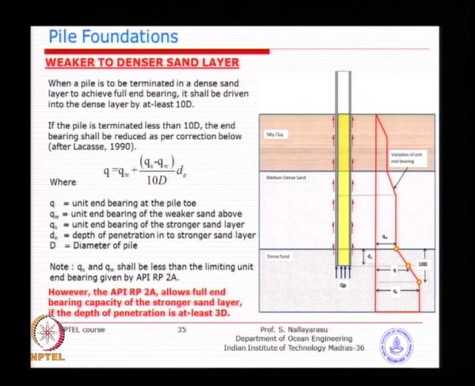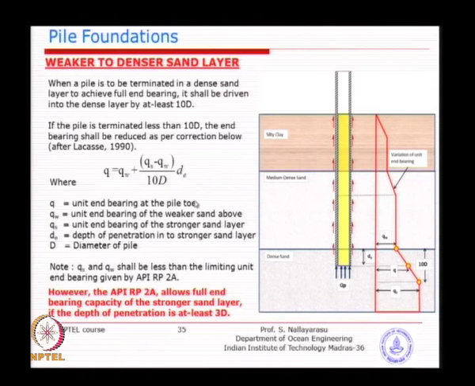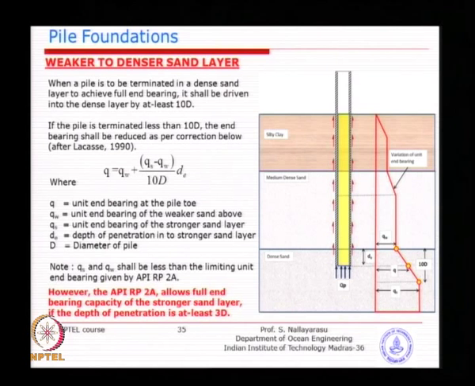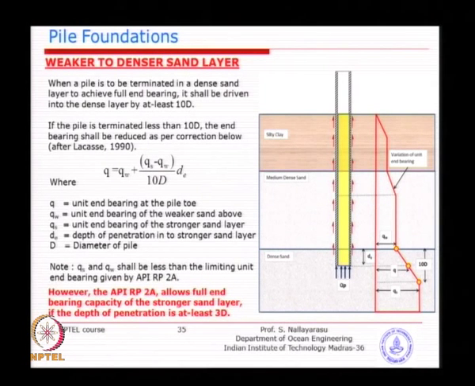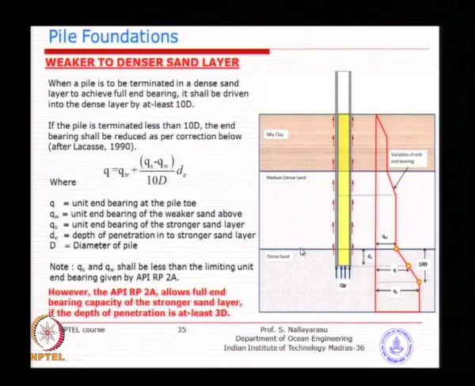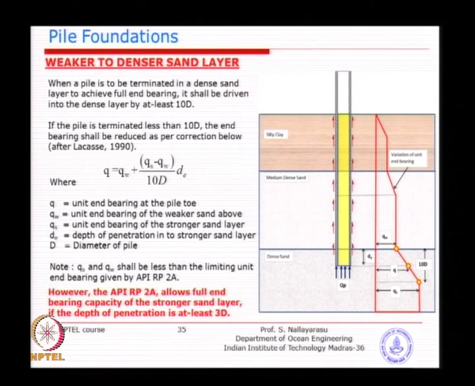The first case, if you see this picture, you have a medium sand to a dense sand, transition from sand to sand, but you have a slightly less dense sand on the first layer and a denser sand on the last layer, where I have decided to penetrate into the denser sand layer and then want to take advantage of the capacity. So, you can see from this picture, it has got slightly reduced end bearing capacity, this has got a higher end bearing capacity, but theoretically speaking, when I put the pile exactly at the interface, I should consider the full capacity of this dense sand layer, but it may not be true for several reasons.